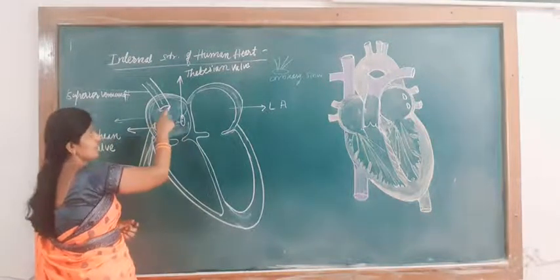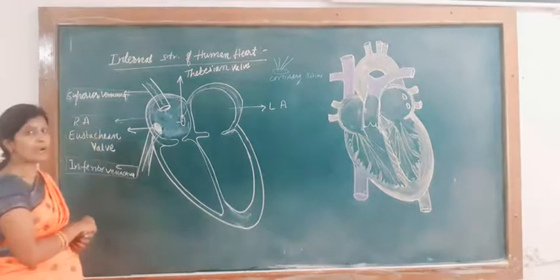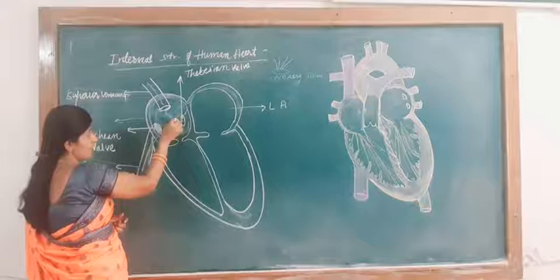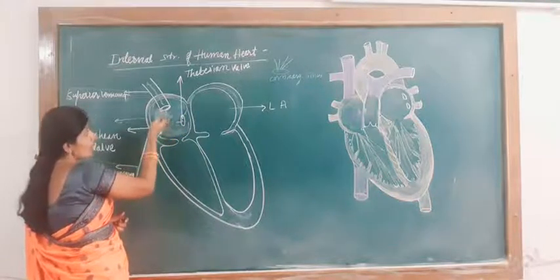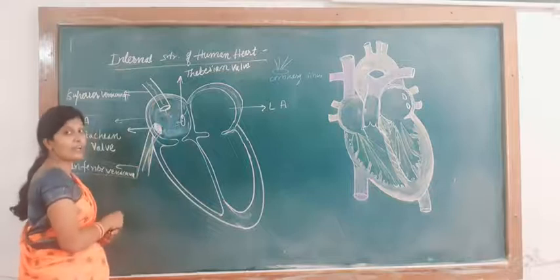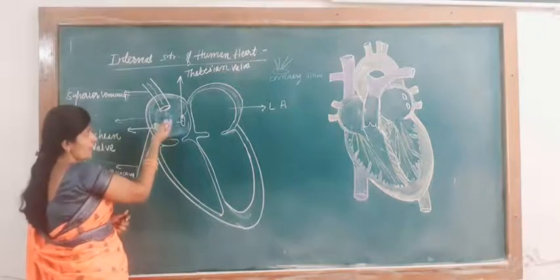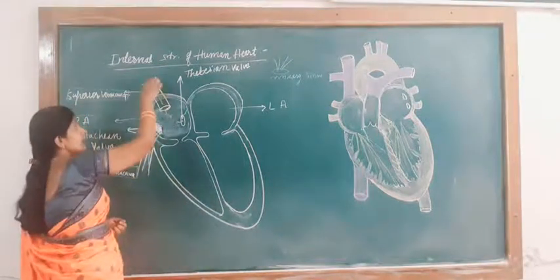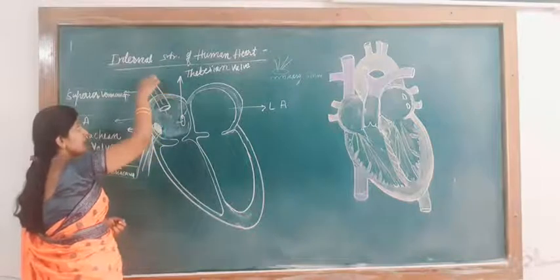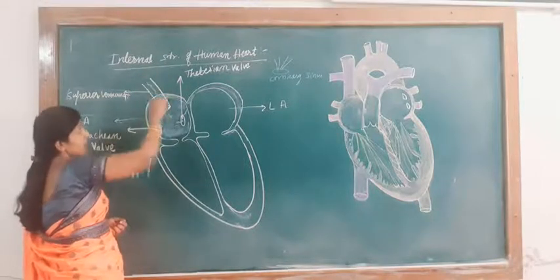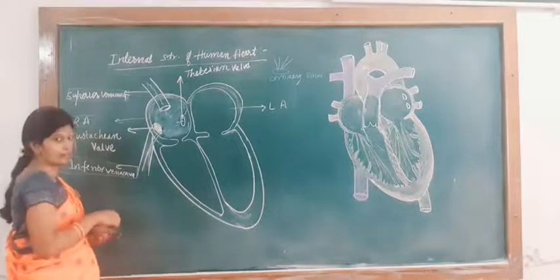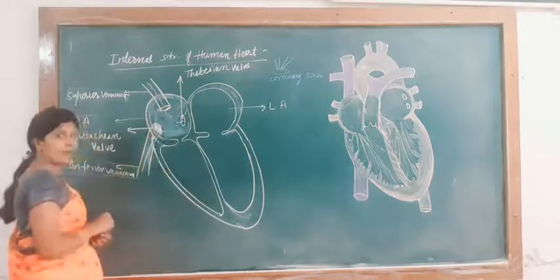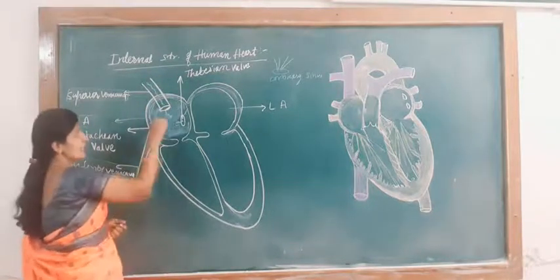A valve is not there, because one of the reasons is that when the blood is coming from here, this valve will contract. This blood cannot flow up because it is against gravity. The blood will come down, it cannot go back. This is one of the reasons. And the second reason is that the superior vena cava is not straight. It is present at an angle. So here a valve is not required. Valve is absent in the superior vena cava.